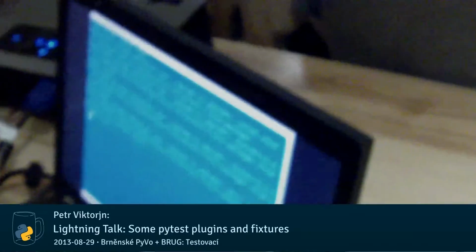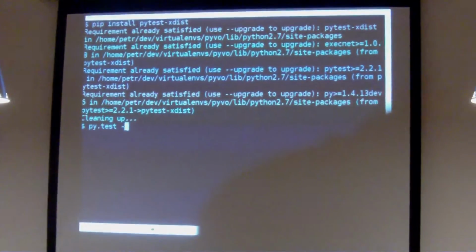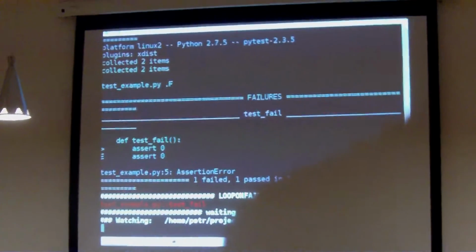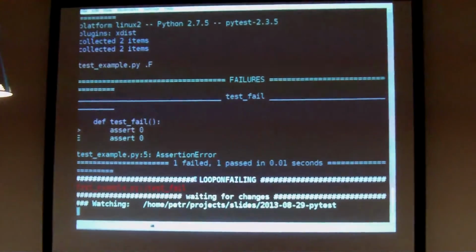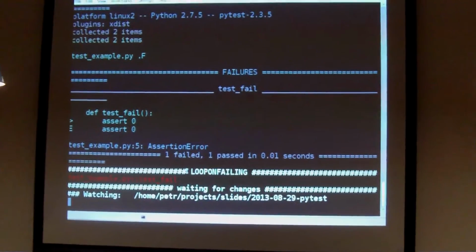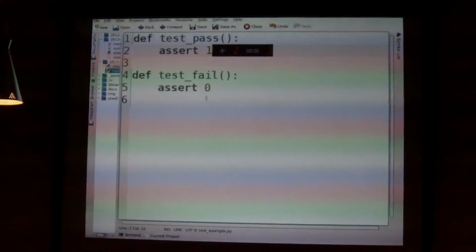There's a plugin for PyTest called PyTest Exist, which does distributed testing, but it also has this F flag, which means it runs the tests and then waits, and when something changes, it reruns the tests. So I have two tests like this. One passes, one fails,